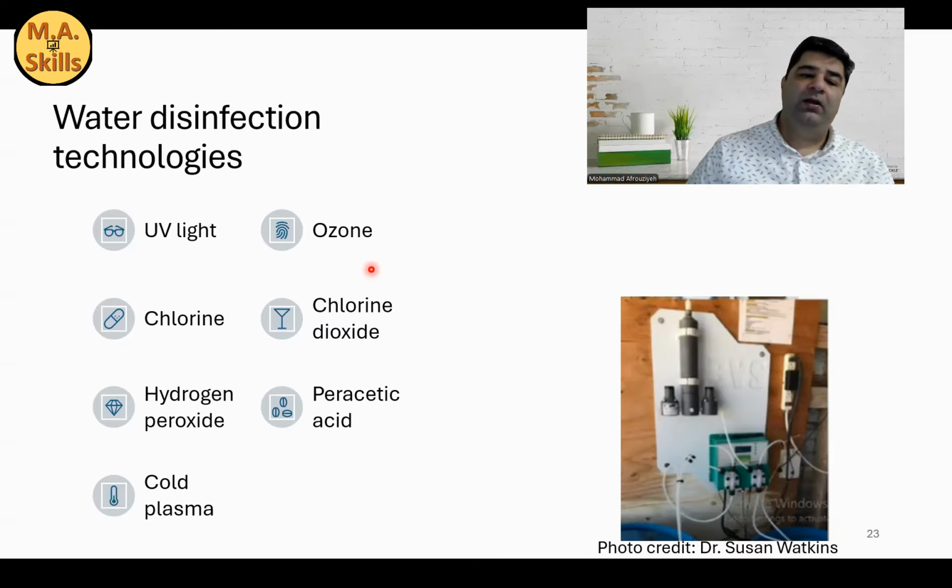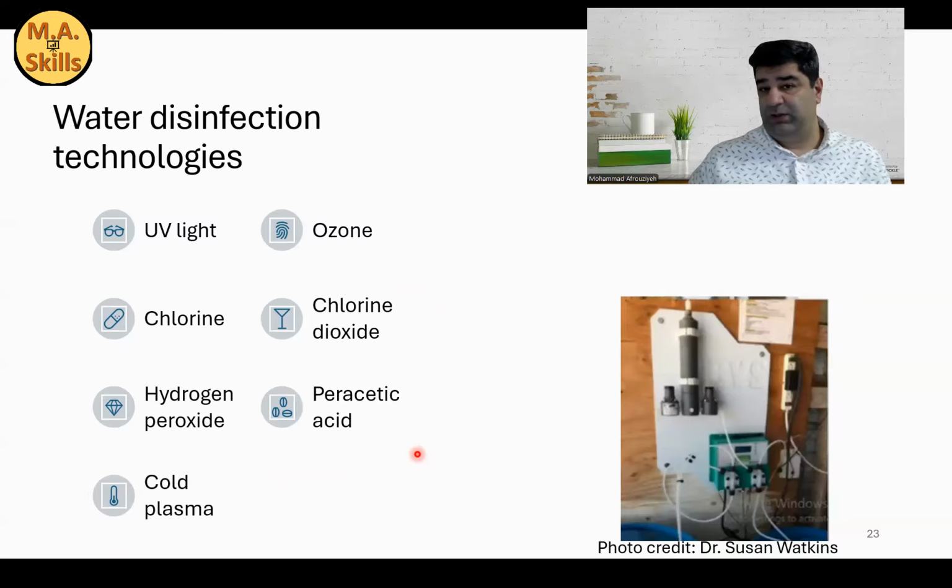So that's why usually we need to use chemicals like chlorine, chlorine dioxide, hydrogen peroxide, peracetic acid. These chemicals can leave residuals in the water line. And even if the water is contaminated inside the barn, then there is chemical residuals and they can treat water again. So that's why these chemicals are preferable over UV light or ozone in terms of leaving disinfection